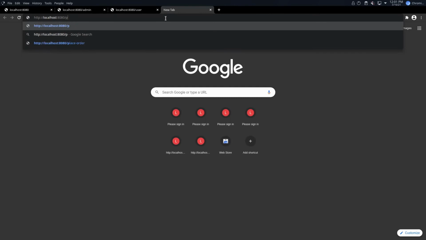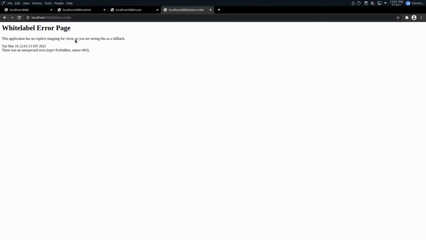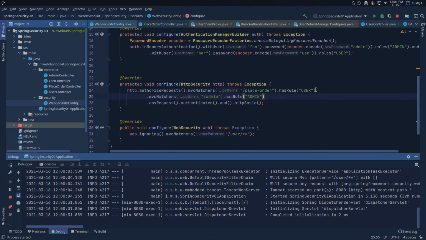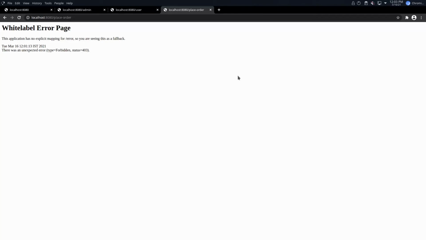But when we try to access the place order URL, it is giving us a forbidden error because we are just authorizing that URL for users who have the role user. Now let's try logging in with another user having the user role.